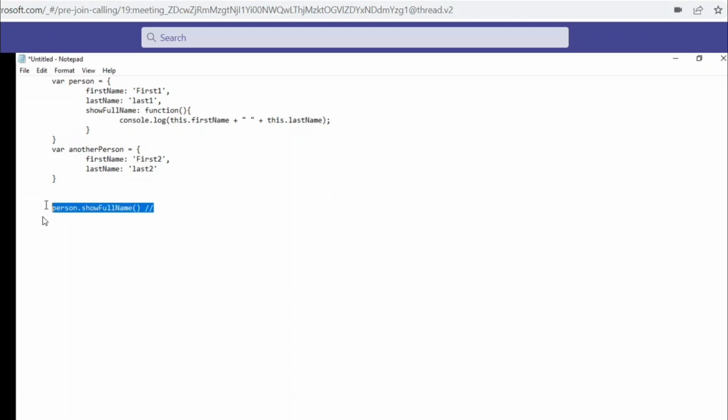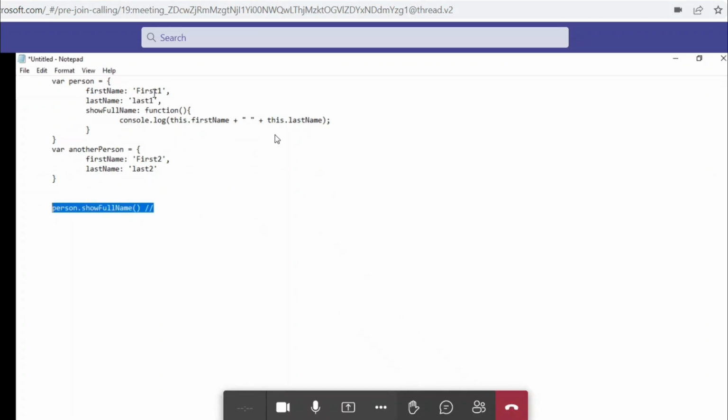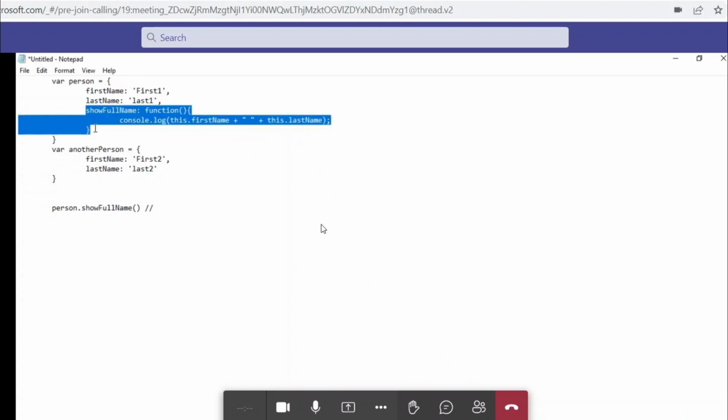It will be the same output, first one and last one. Okay. Suppose I want first two and last two using this function, how can I achieve that?